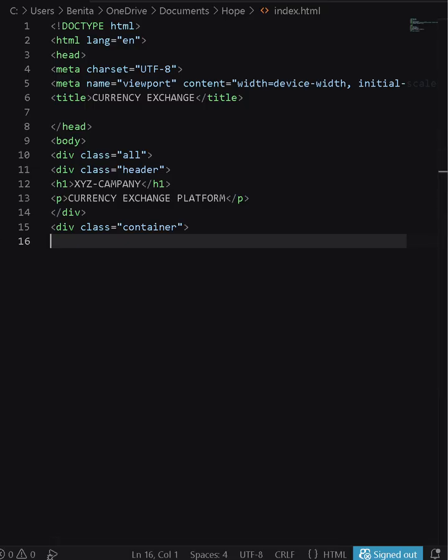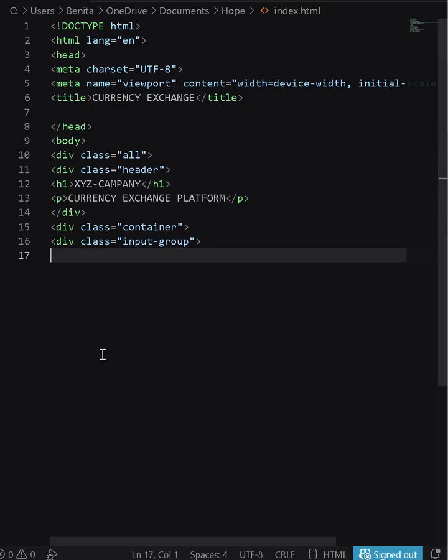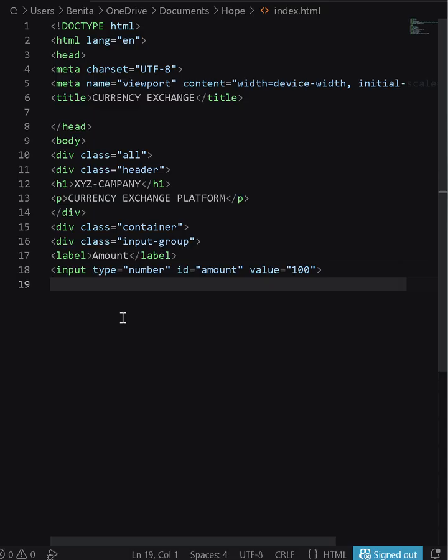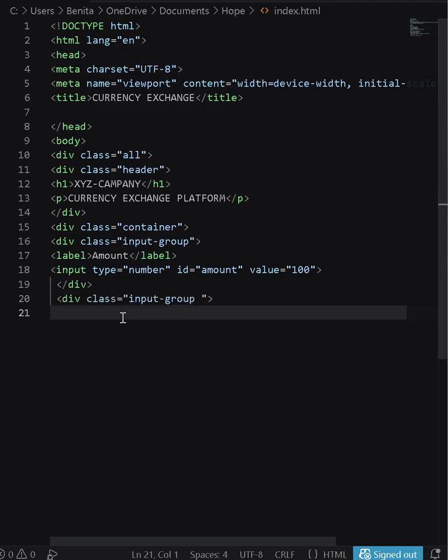and then this container means that it creates a container with class for the form area, and division class input group, and then write label which is equal to amount, and then in the amount the input type will be number, id which is equal to amount, value which is equal to 100, and then close division, and then again write division class input group,